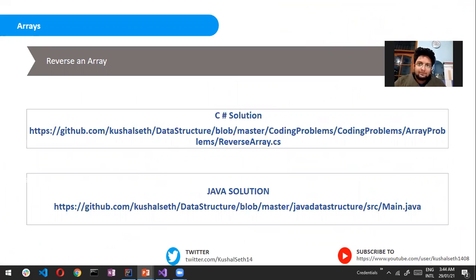These repos have the code for C Sharp, whatever we have just done, and this will have the code for Java. The program is totally the same. These are very small programs, and they usually remain the same. Just a few things change, and that too because they are language specific. Otherwise, the logic is exactly the same.